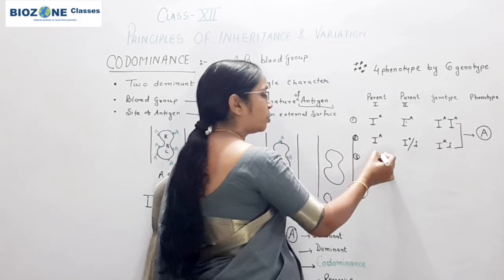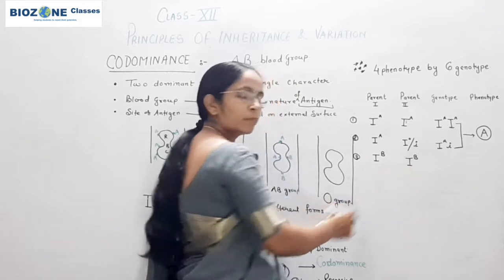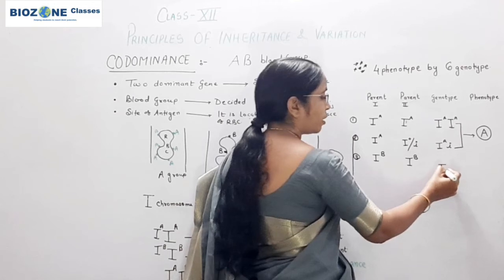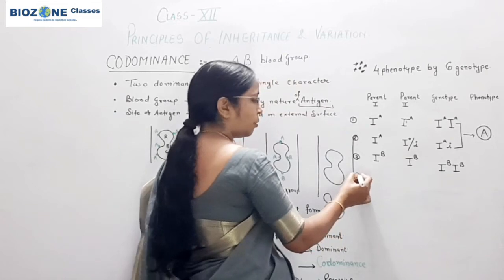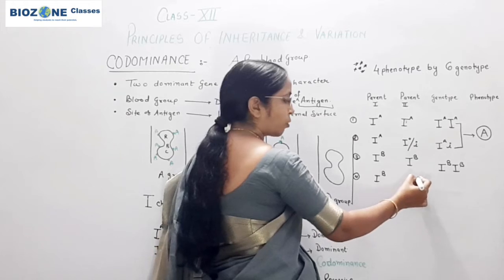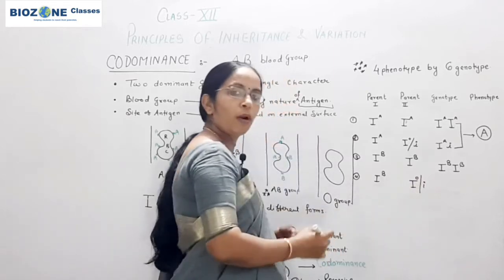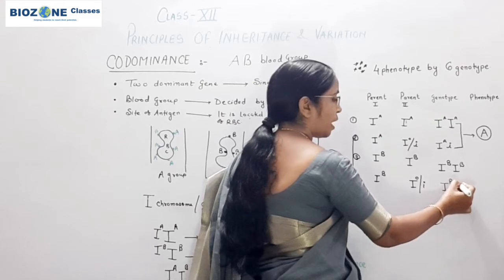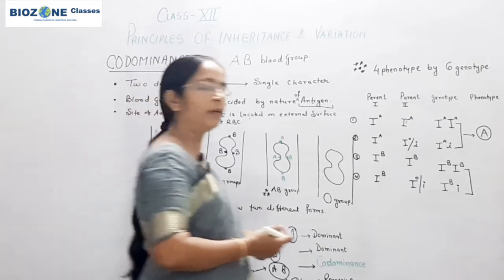Now next we come towards the third condition where both the parents contributed IB gene. So the genotype of the resulting progeny becomes IB IB. Or in the fourth condition, you remember one parent contributes IB and the second parent contributes I0, or the second parent contributes small i, and in this case the genotype becomes IB i.